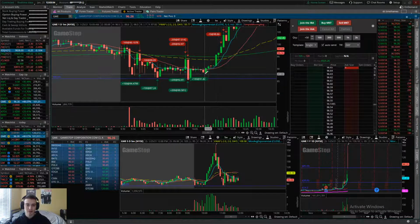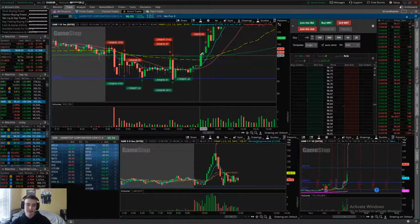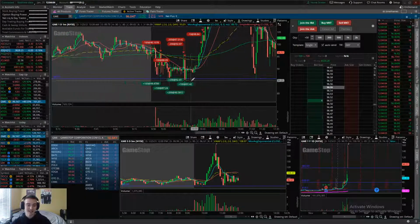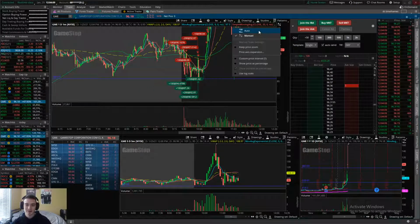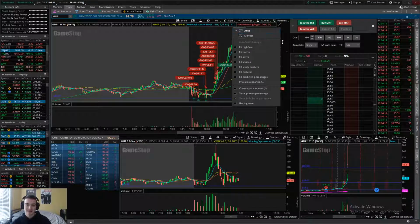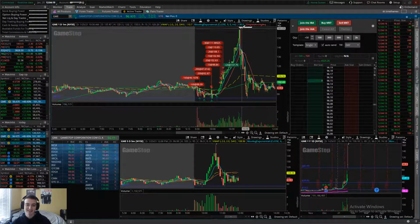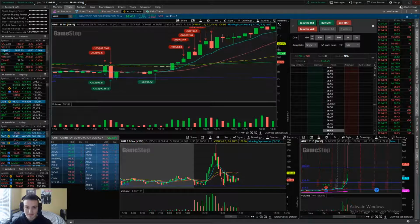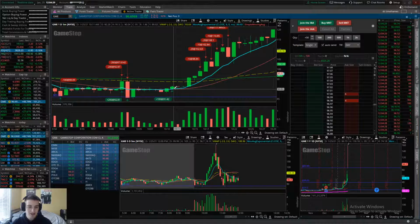This one I really wanted to hold because I like this setup, and I thought, if this thing can go, it's gonna go big, because after this consolidation, if we do get some upside on this, it's gonna be explosive, and it's gonna be that squeeze. And when I zoom out here back to that auto scaling, you can just see what happened here. But anyway, so just on 100 shares, you can see here, there we go. In just 100 shares here at